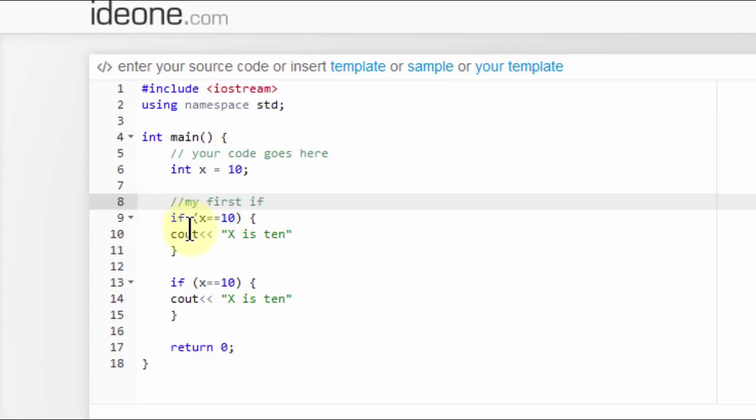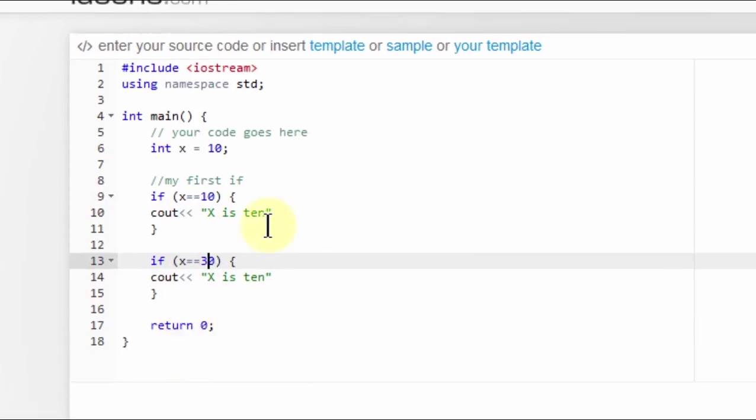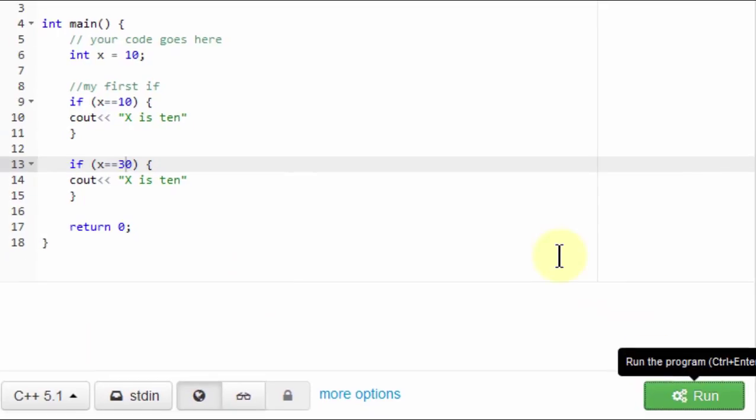In this case, we've said if x is equal to 10, and please note that we're using the double equal sign, which is a comparison. If I use the single equals, this is an assignment. So let's say here x is equal to 20, x is equal to 30, x is 10. We are going to see which of these is going to get run. So if I run this,